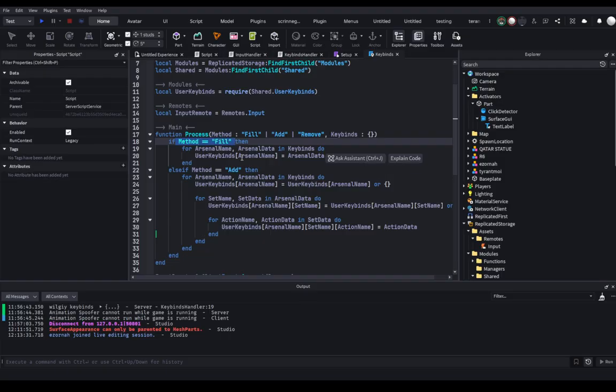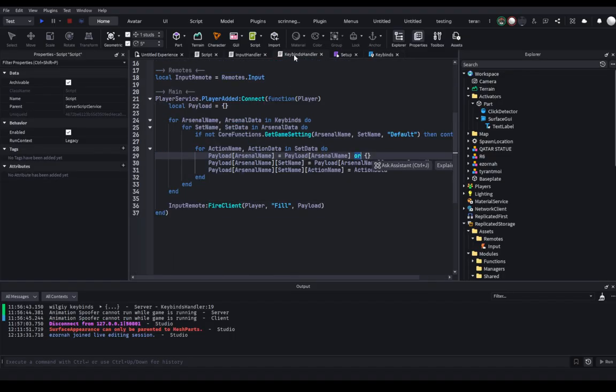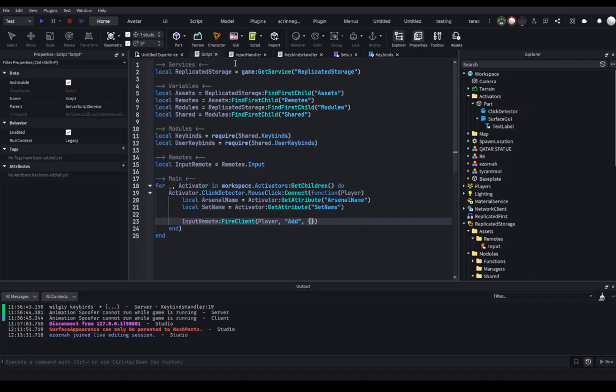We don't want to just reset every single piece of data that they have every single time. Sometimes we want to just add things to the table, so we have to have this add method. And that's also the reason why the server uses fill and not just add. That's why this uses add. But